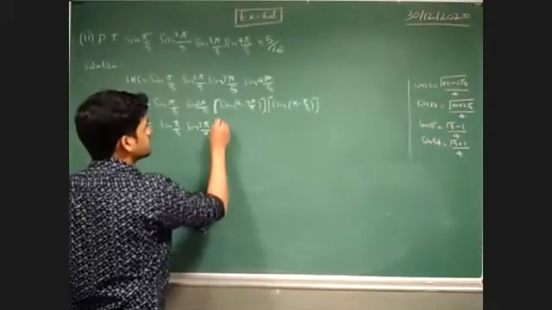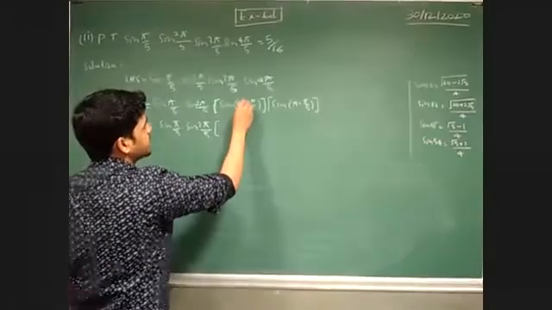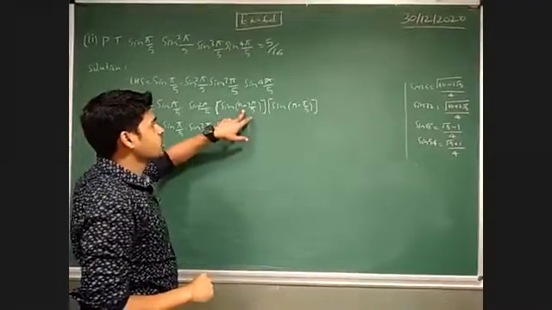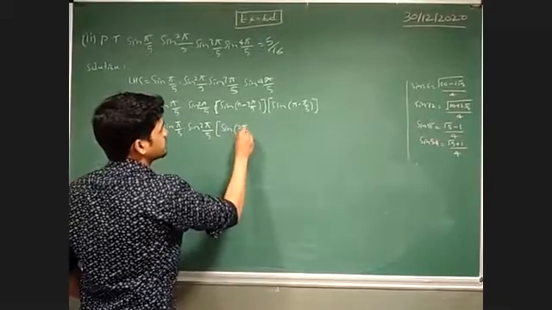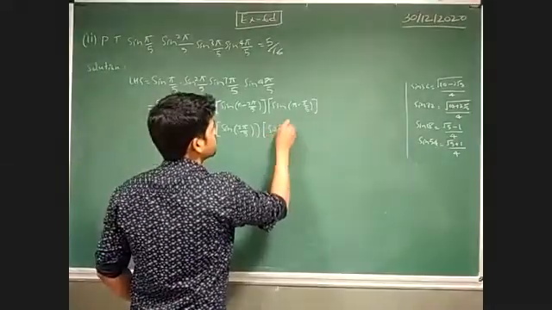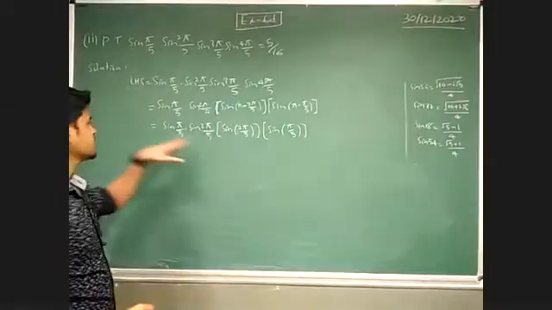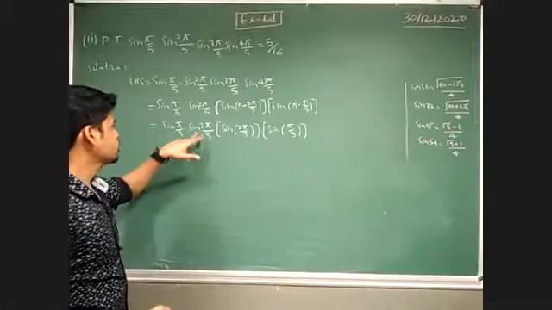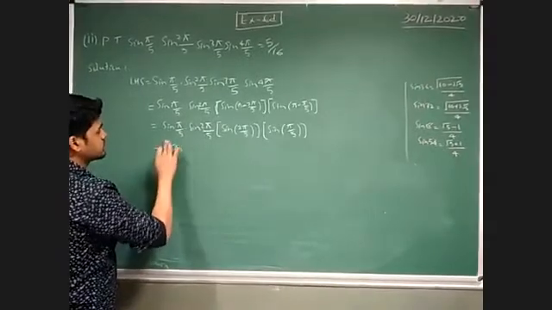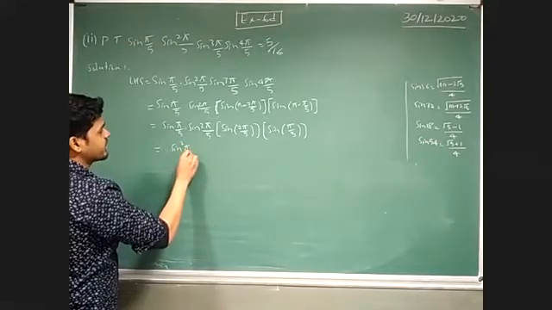So here, sine of pi minus theta. This is in the second quadrant, so this will be sine 2 pi by 5. And this is also in the second quadrant, so here we will have sine pi by 5. Just see here: sine pi by 5, sine pi by 5, sine 2 pi by 5, sine 2 pi by 5. These are in multiplication, so here sine square pi by 5, and here